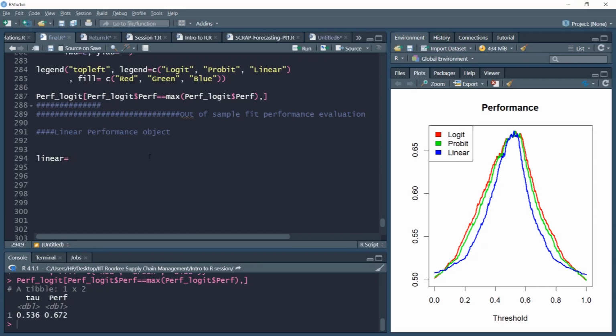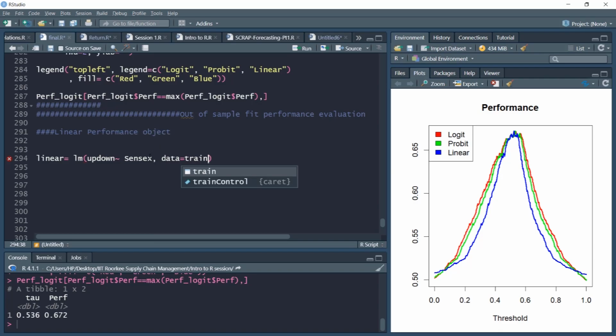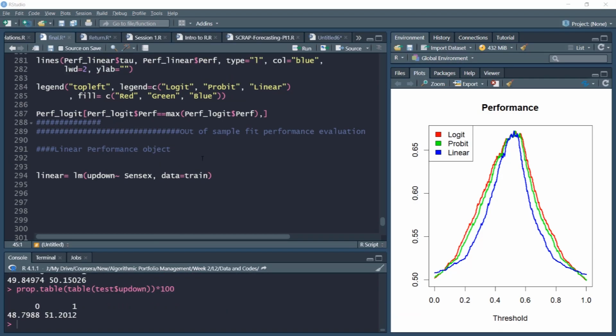First, remember this was our linear object. It was simply computed as linear equal to lm of the up down variable, modeled using Sensex with the training data set. So this was our linear object, if you recall. So we run this command.